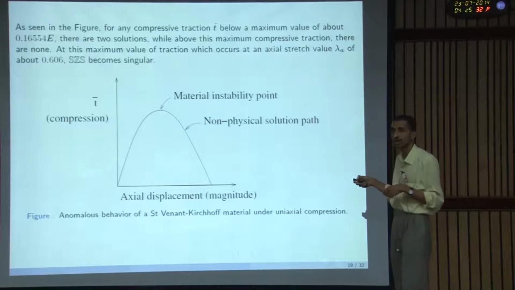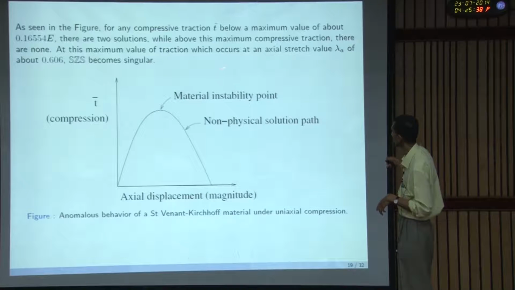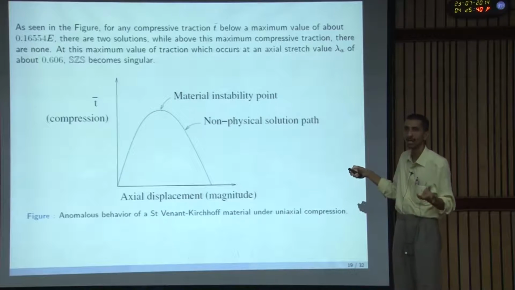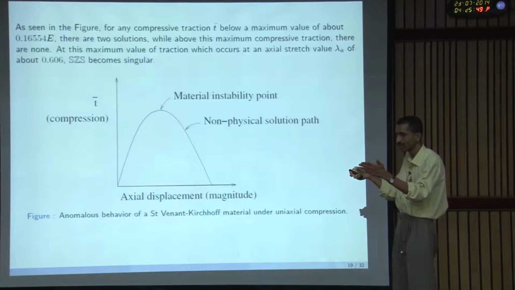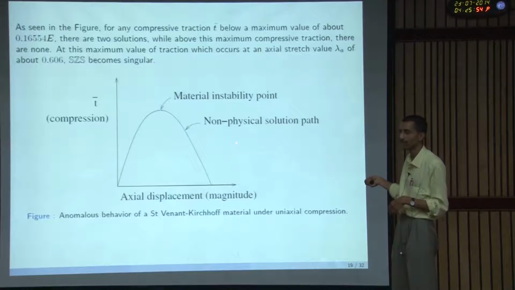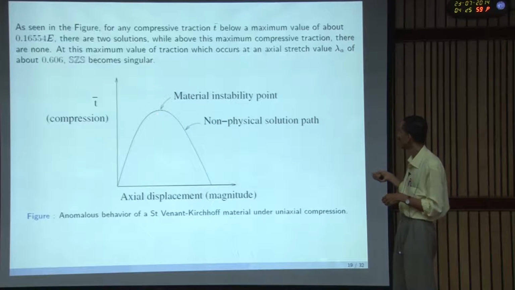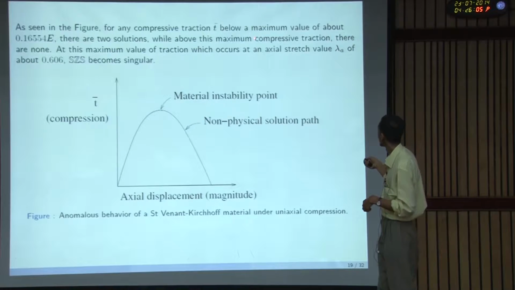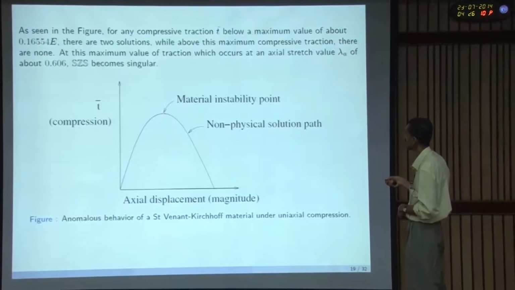Suppose this material did not have this problem, this should have just kept on increasing. Basically that's what we mean by the notion of a hyperelastic material. But you can see that beyond this point, it just dips. You keep on increasing this, then the compressive load suddenly decreases. That is what we call a non-physical solution path. Now what we want to see is whether this proposed criterion can detect whether an instability occurs at this particular point. Here I have stated these values for a maximum value of about this one. So that is this maximum value here.